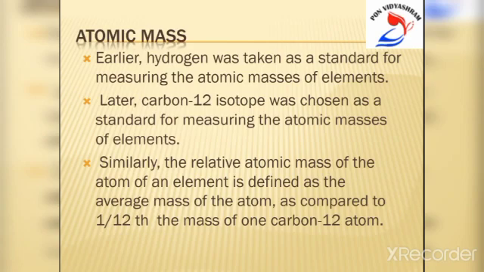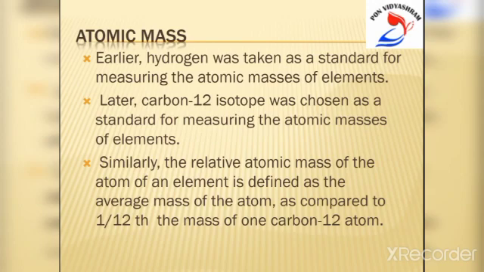Atomic mass of an element. Actual masses of atoms of the elements are very small. It is not convenient to use such small and complicated figures in our calculations. Therefore, it was necessary to define atomic masses in such a way that we get simple figures for them. In order to understand the present definition of atomic mass, we should first know the meaning of carbon-12 atom. What is meant by carbon-12 atom?